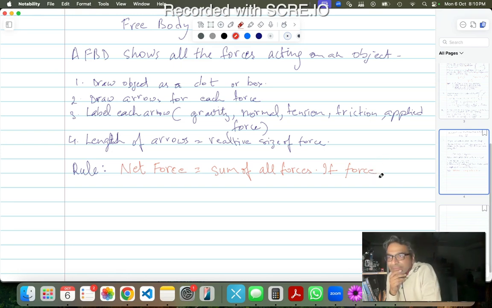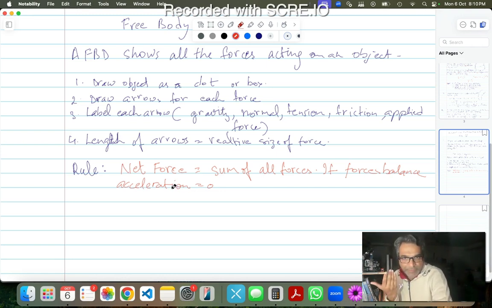If forces are balanced, then acceleration should be zero. That means if the forces are balanced, there is no acceleration, right? If the forces are not balanced, that means there is an acceleration, there is a movement in that particular direction. Okay,